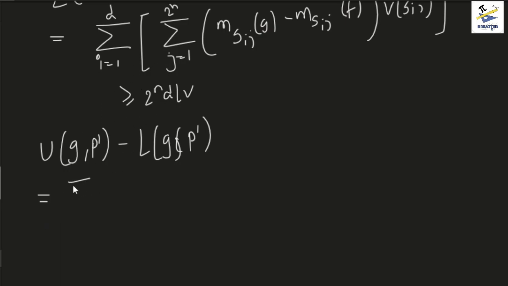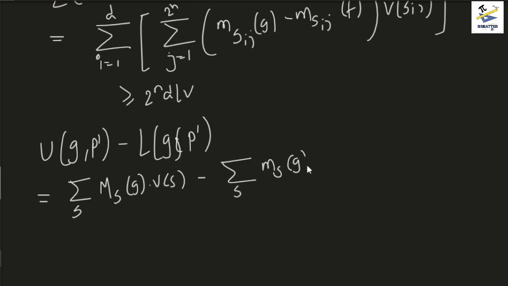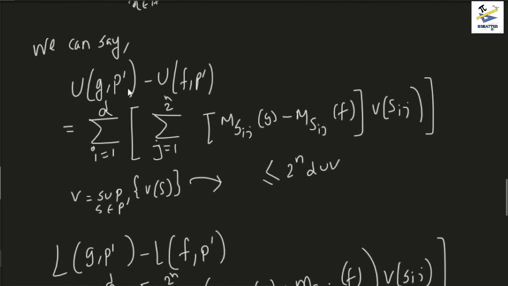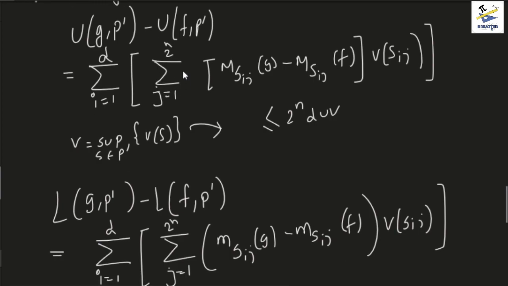So the upper sum of g of p prime is basically a summation over all rectangles, right, and from these above two we can see that U of g comma p prime minus U of f comma p prime